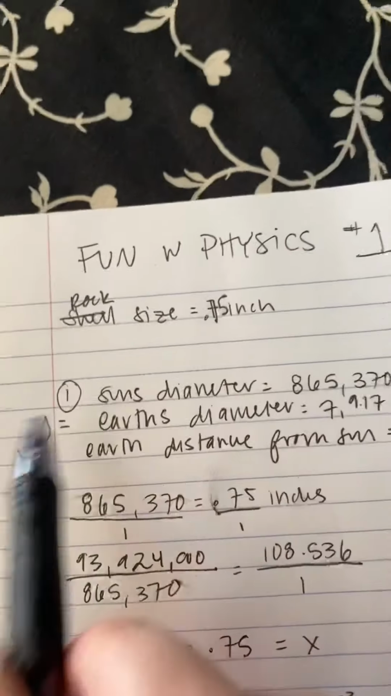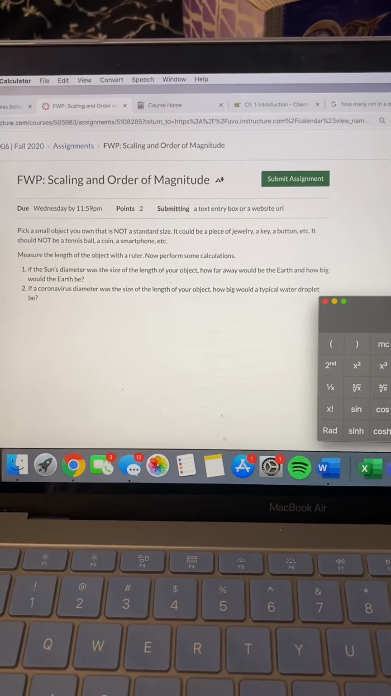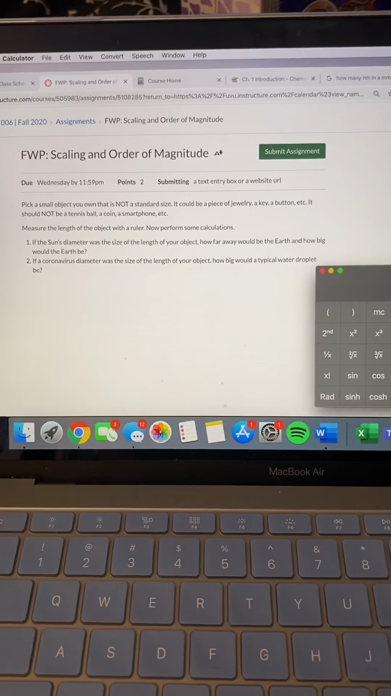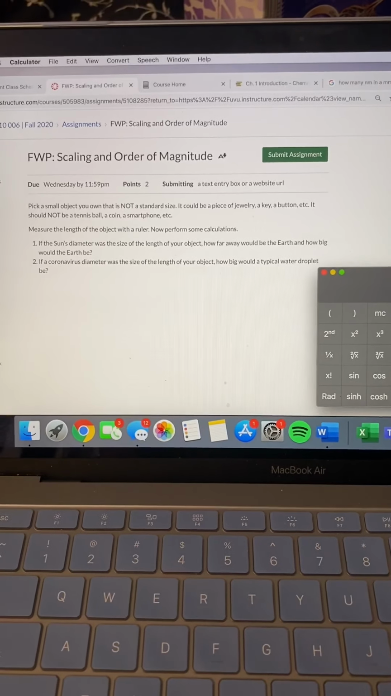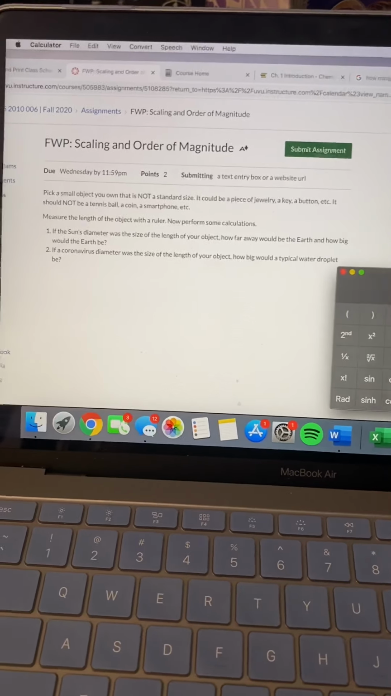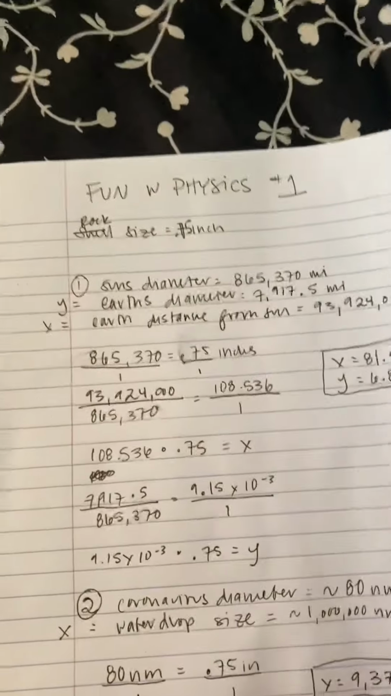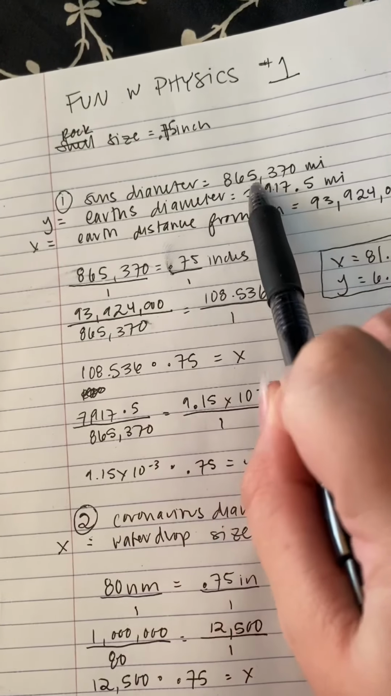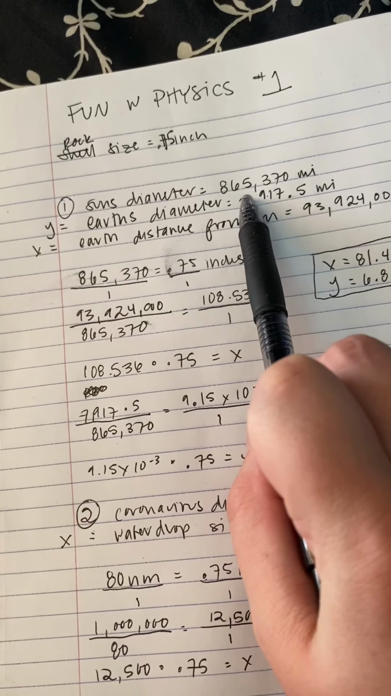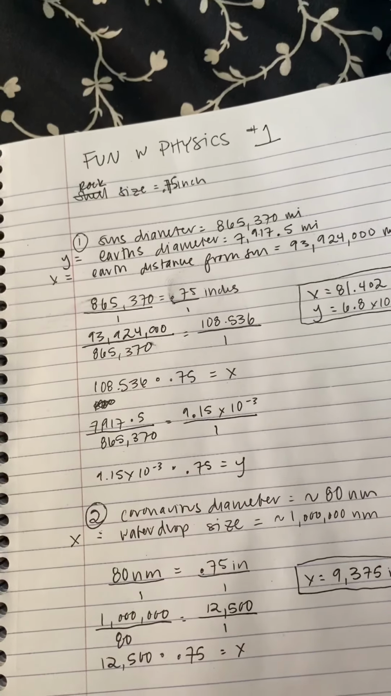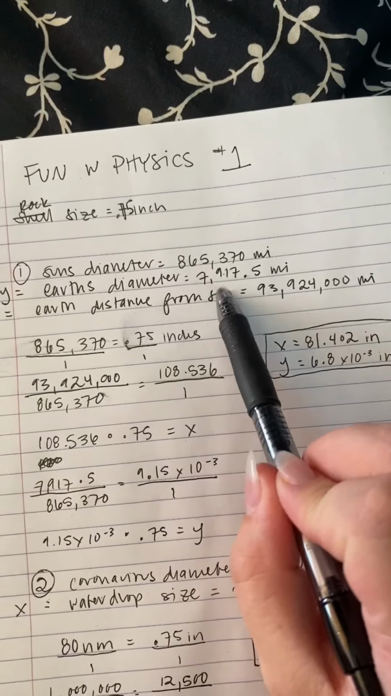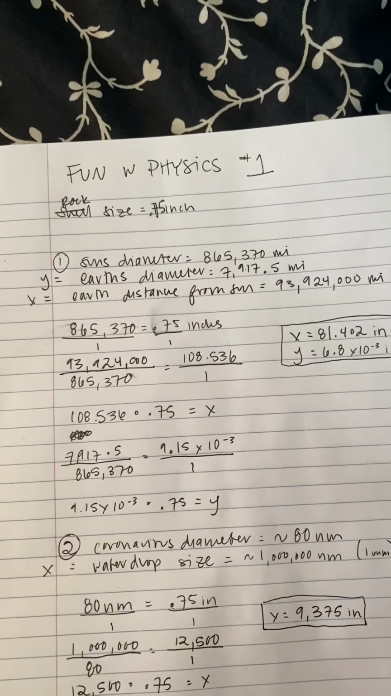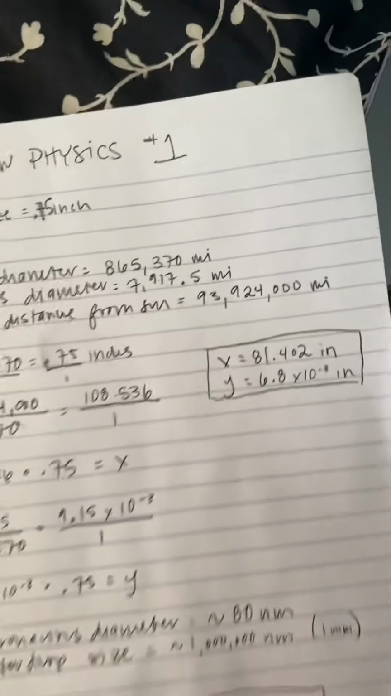So if my rock size was about 3/4 of an inch, and according to this first question, we are trying to find, it says, if the sun's diameter was the size and length of your object, how far away would the Earth be, and how big would the Earth be? So first thing I had to find out was what those were. So I found out that the sun's diameter was 865,370 miles. Earth's diameter is 7,917.5 miles, and Earth's distance from the sun was